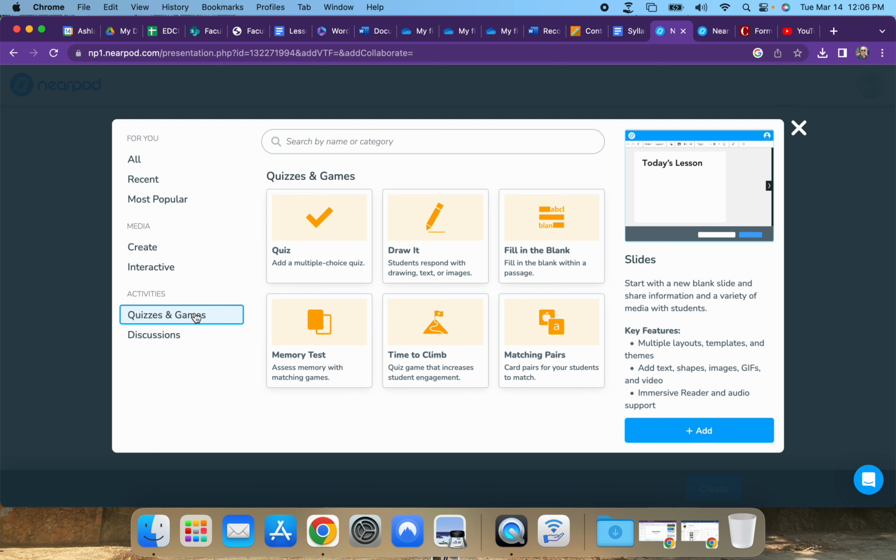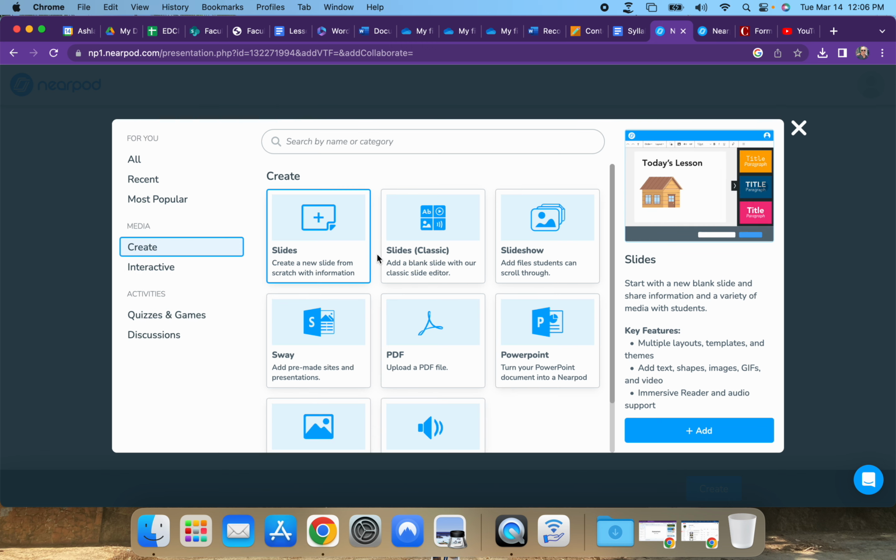So you can add a quiz, you can fill in blanks, you can create a memory test, you can do time to climb, which is kind of gamifying things, and we can match pairs for students. So the first thing I'm going to do is mimic the assessment slides that I just did before. So if I go to slide and then I add,